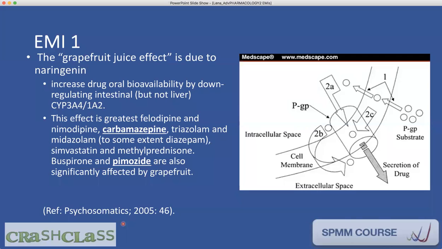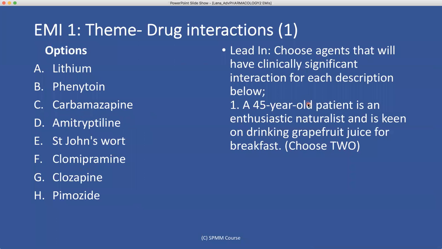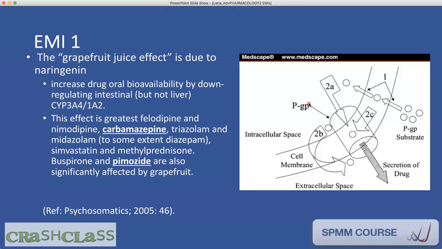Now, grapefruit juice, the chemical naringenin also has another peculiar effect. It increases a particular glycoprotein on the gut mucosa called P-glycoprotein, as you will see in this picture taken from Medscape. P-glycoprotein gets inserted on the cell membrane of the gut mucosa. Now, this P-glycoprotein is like a leaky pore. When you have P-glycoprotein, actively the drug chemicals that are absorbed into the cell will be pushed out.